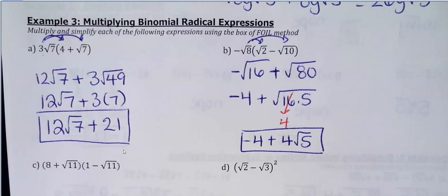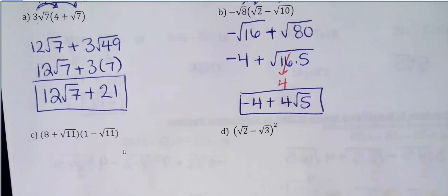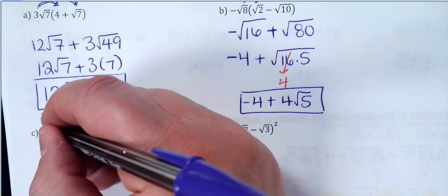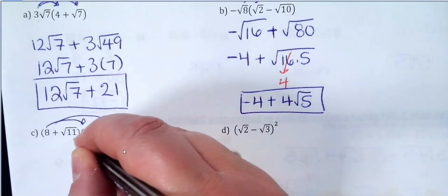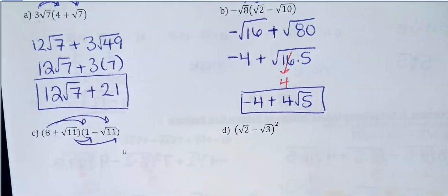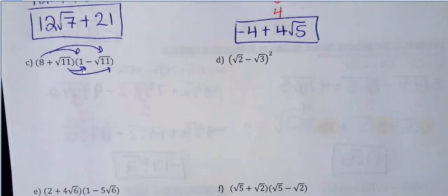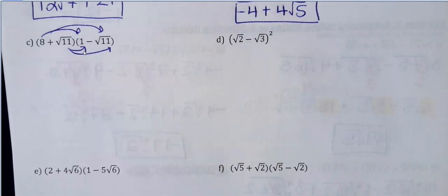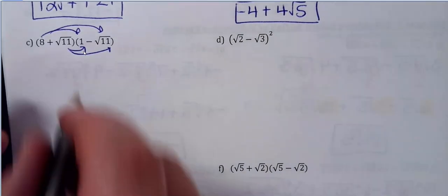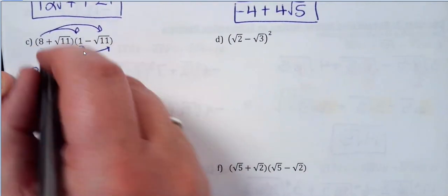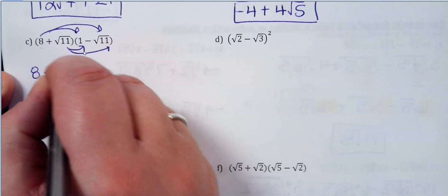Okay. Next problem, I've got 8 plus the square root of 11 and 1 minus the square root of 11. This works just like a little FOIL, or if you want to draw yourself a box. I just think of it as a double distributive property. I'm going to multiply 8 by both of those terms in the second set of parentheses, and then I do the same thing with the radical 11. So 8 times 1 is 8, minus 8 times that negative radical 11 is just going to be negative 8